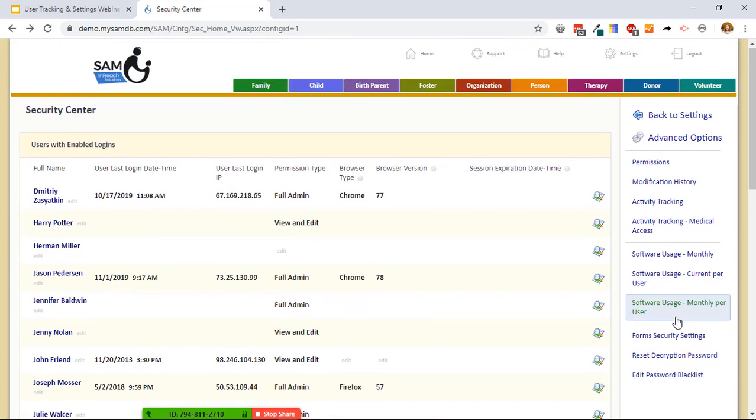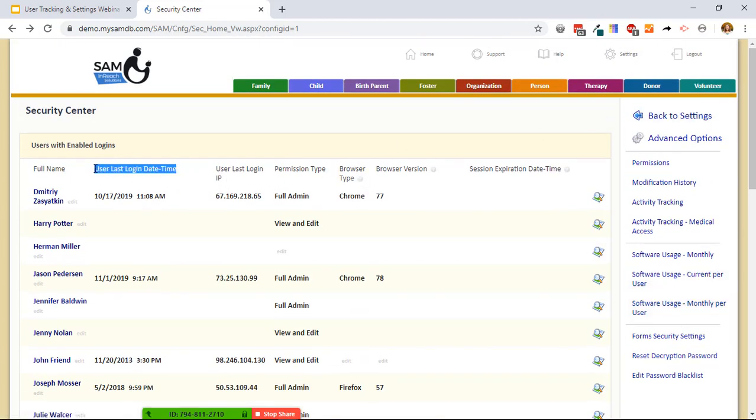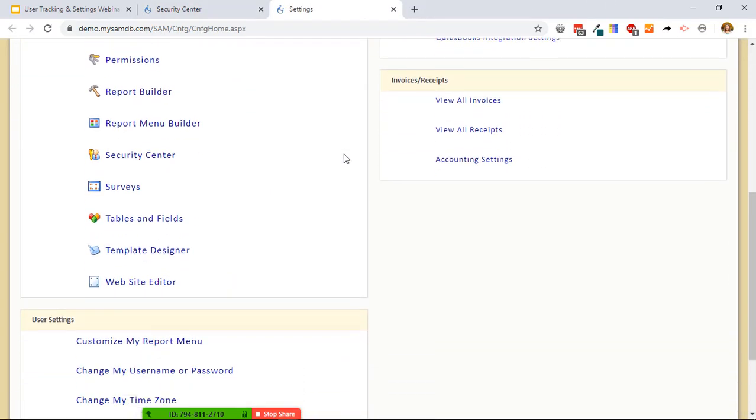Let's talk about the auto action. Again, I'm going to be considering this last login date time, because what I want to set up is an auto action that notifies the full admin that this user hasn't logged in for some time period. So under settings, we're going to need two things. We're going to need a template